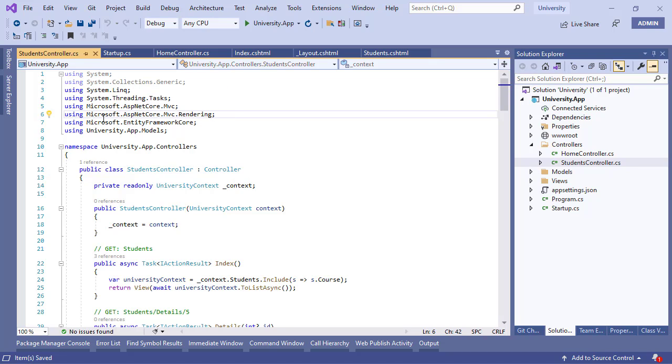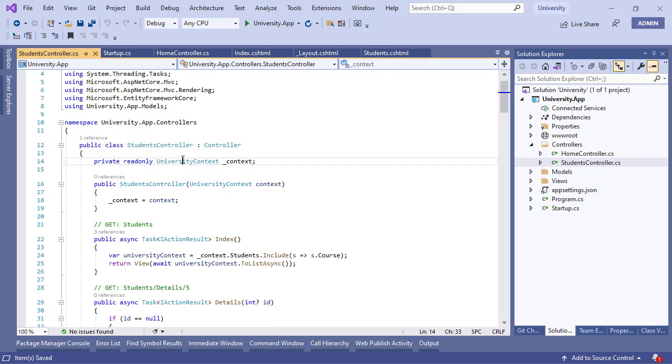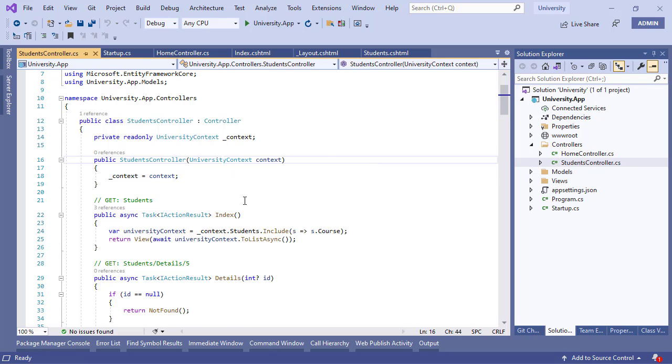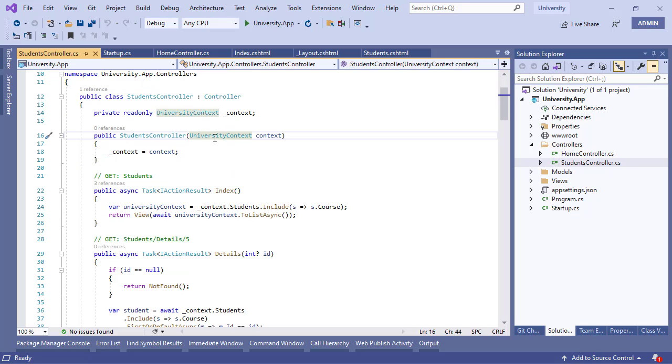Once again, all the references have been added for Entity Framework and the model classes that we have. The controller class is inheriting from the Controller base class from MVC, and then it has automatically created a private variable of the DB context, which is getting assigned a value inside the constructor. Right? So this university context is going to get injected in the constructor from the startup.cs,